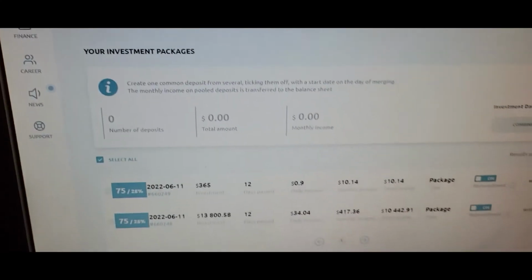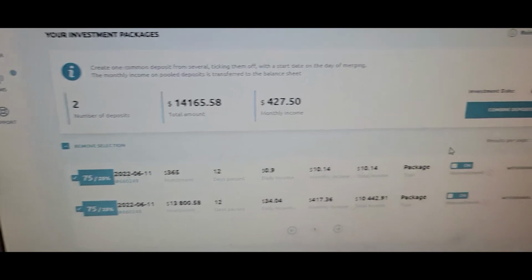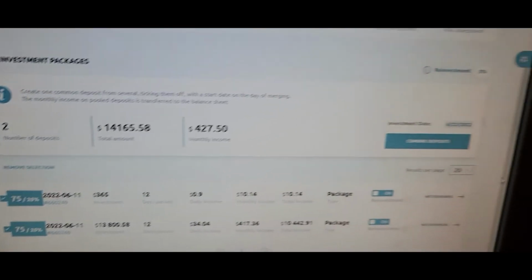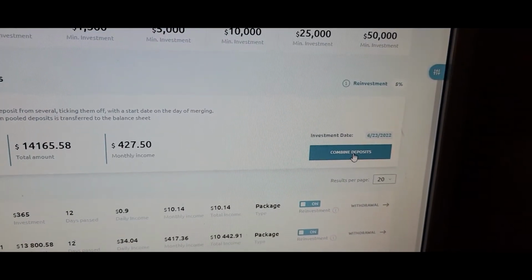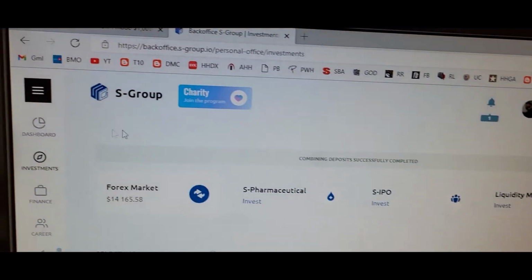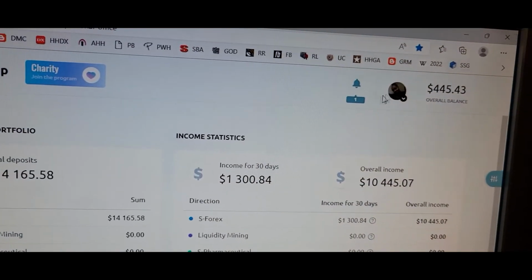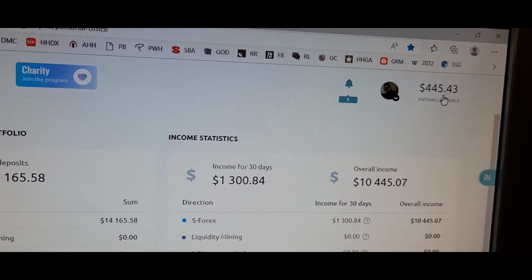So anyways, guys, what we're going to do, we're going to combine our investments. We're going to do a withdrawal. So just bear with me here. I'm going to combine these two deposits here. And okay, guys, so just going to refresh the page. What that's going to do is, as you see, it put the money at the top here. So now I have